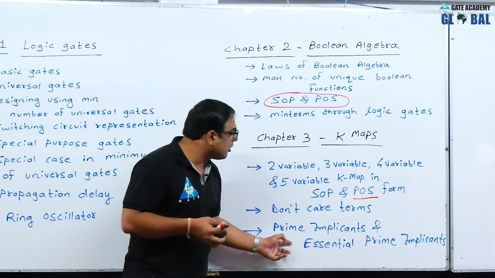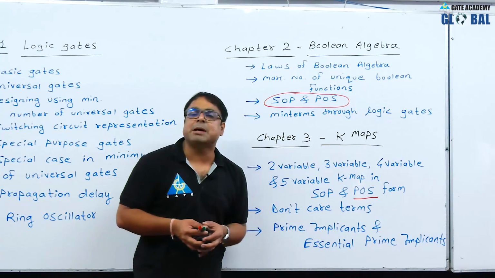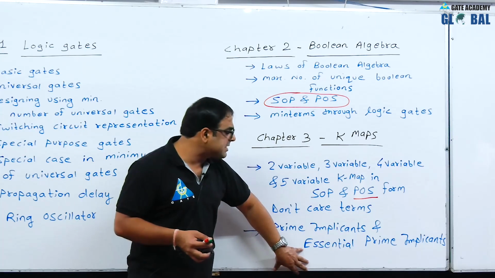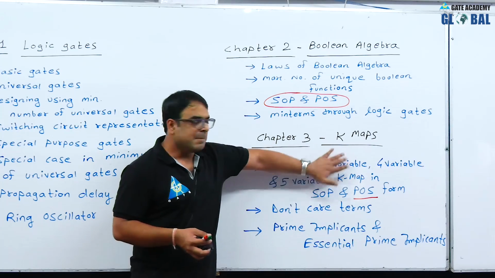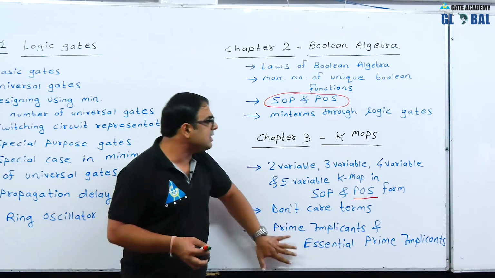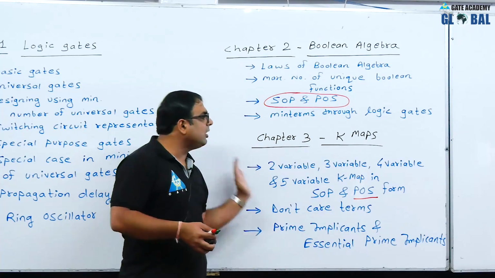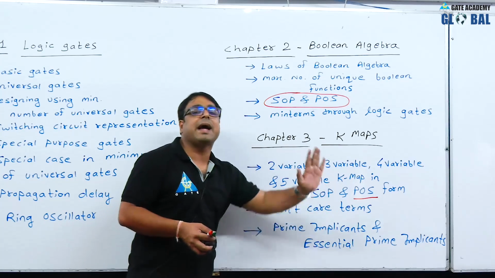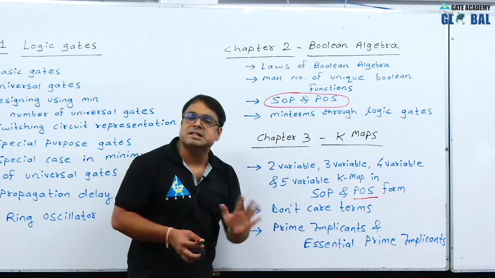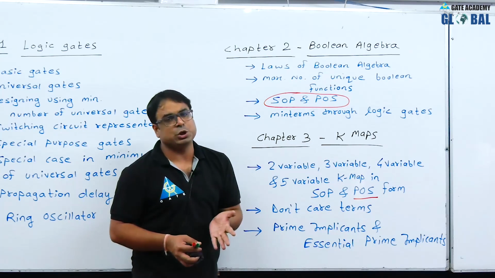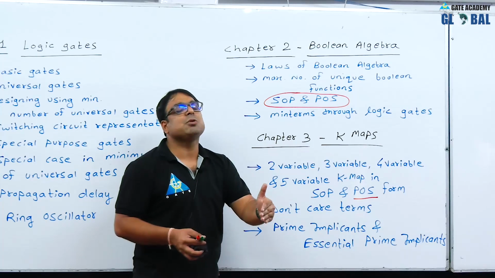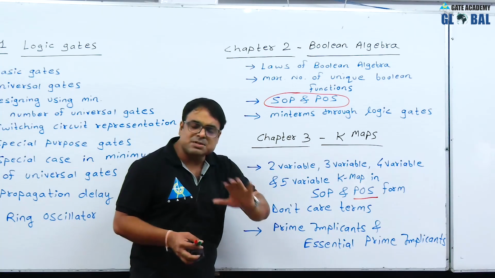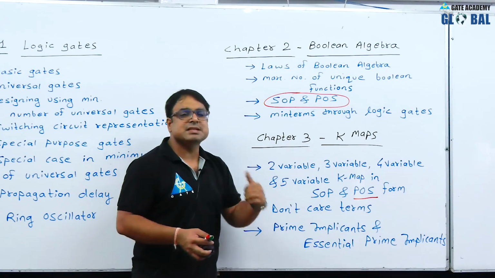Next, very important topic, prime implicant and essential prime implicants. This topic we will be studying with the help of K-maps. So this chapter is again very important. You can see all these topics are very basic, and I will suggest you do not skip any topic. However good you are, just maintain this sequence and you will definitely love the subject